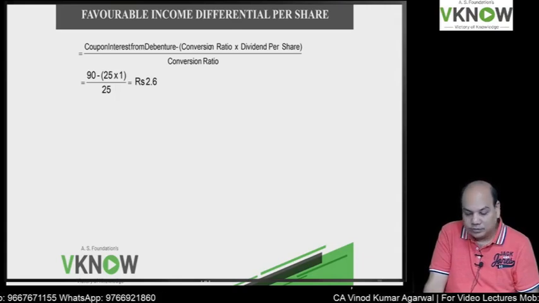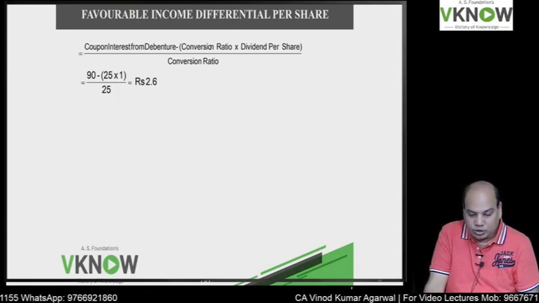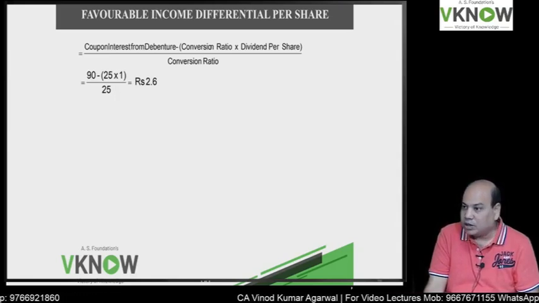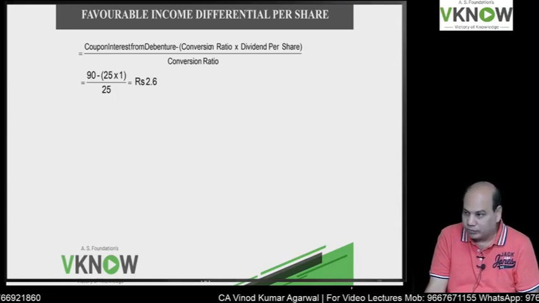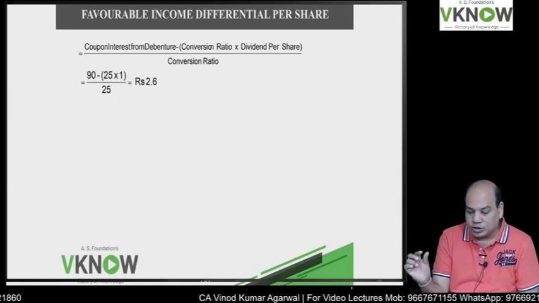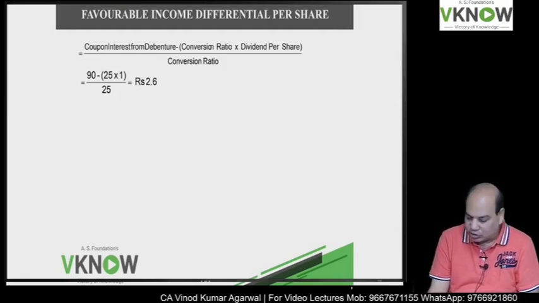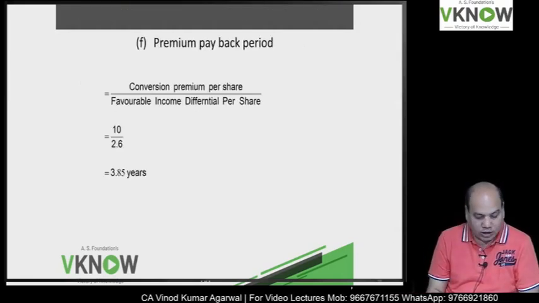Divide by 25. What is the final answer? Rupees 2.60. Rupees 2.60 is your favorable income differential per share. You are getting 2.60 per share more by buying a debenture instead of share. And one last answer,